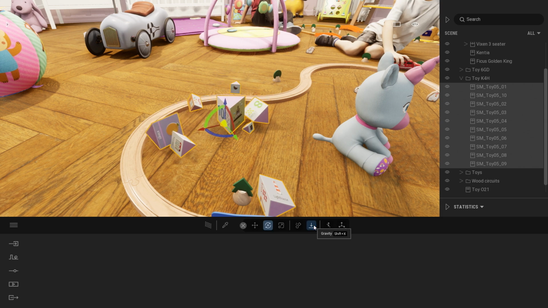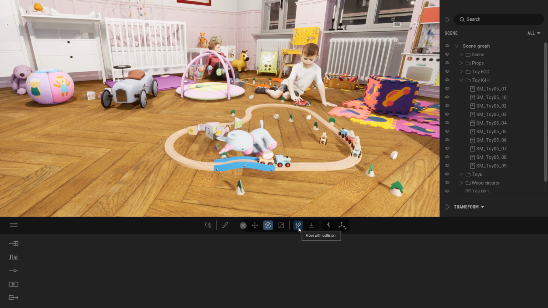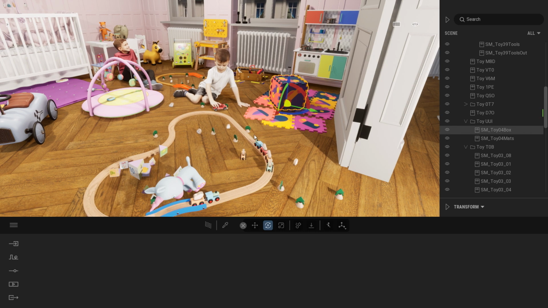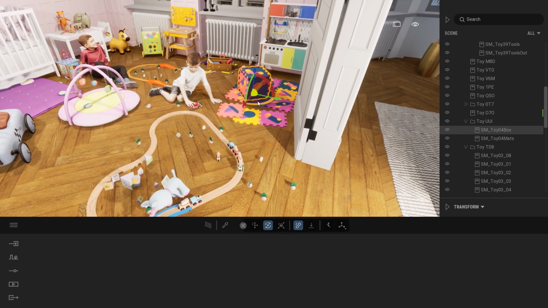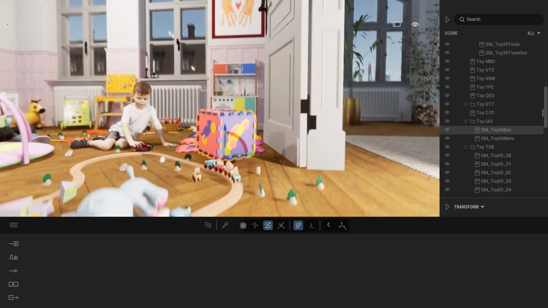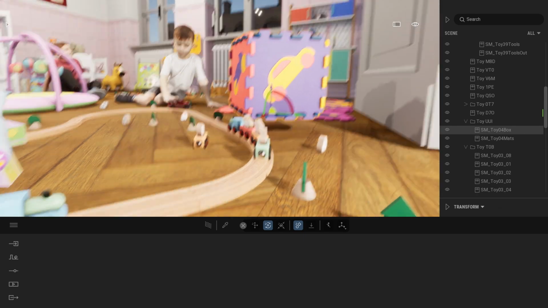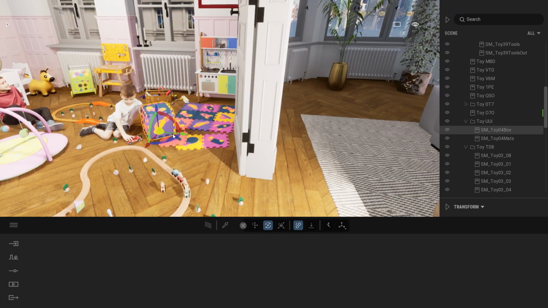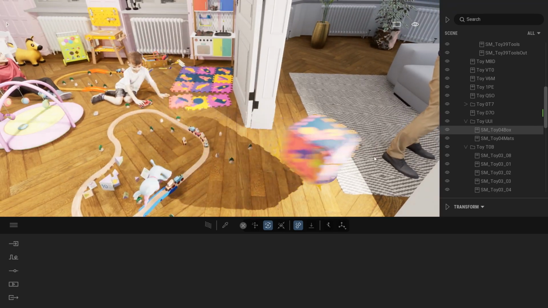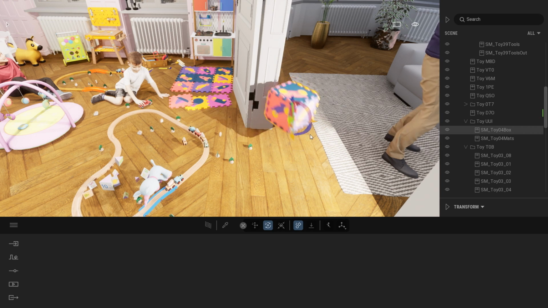The next part of that feature is actually the Move with Collision. So for example, let's select that big box over here. I'm going to press the Move with Collision. And now when I move that object, it won't be able to intersect with other objects. Like you can see here, it won't enter that actual door. Here it's stuck by that small train, and here if I move it back, it will be stuck by that children. So when placing objects, it can be a useful tool just to make sure you don't have objects that are going into each other.